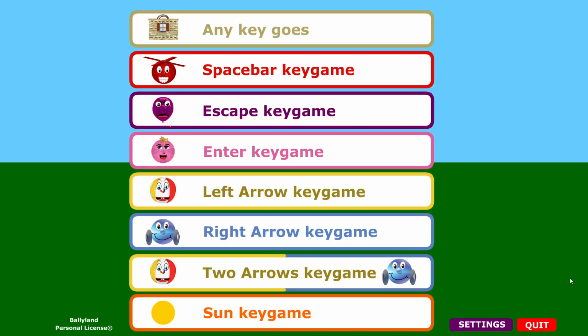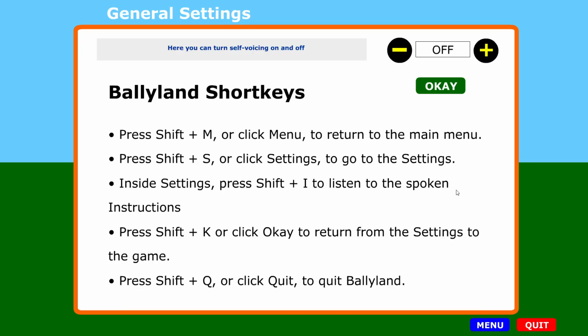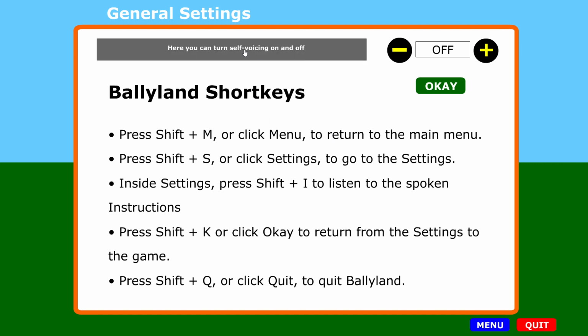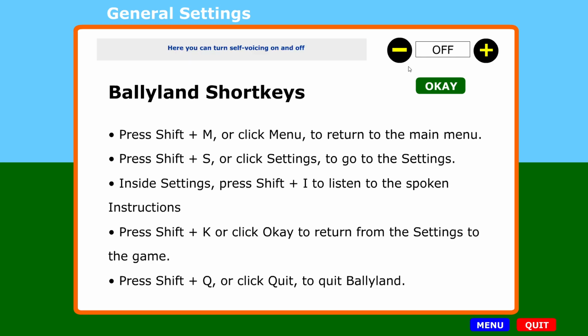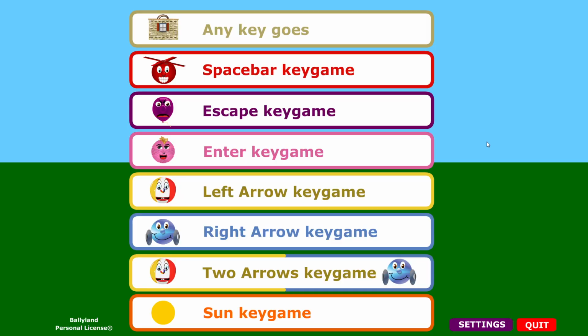Now about the main menu, it's normally self-voicing, so it talks to you the whole time. But you can turn that off by going to the general settings of the main menu with your mouse, if you can use the mouse and you don't need the self-voicing menus. And there you can turn the self-voicing on and off. So I've turned it off now, and I'll go back to the main menu